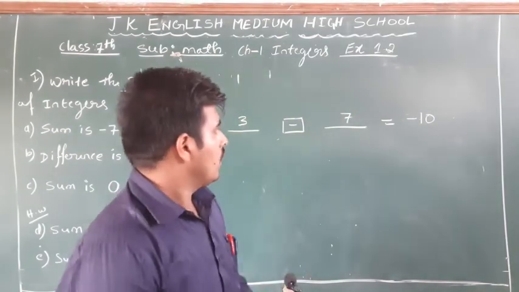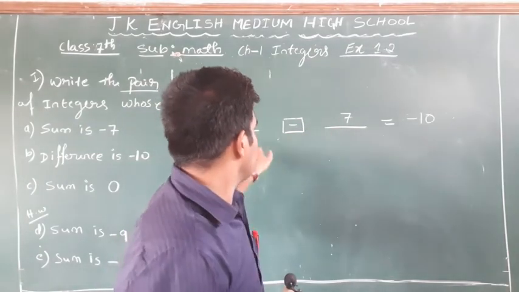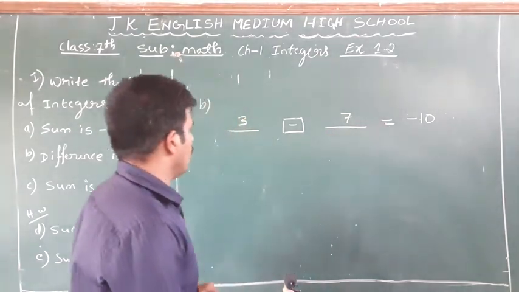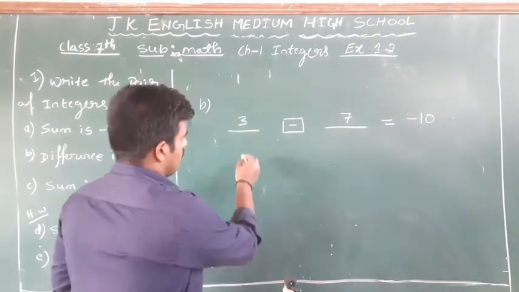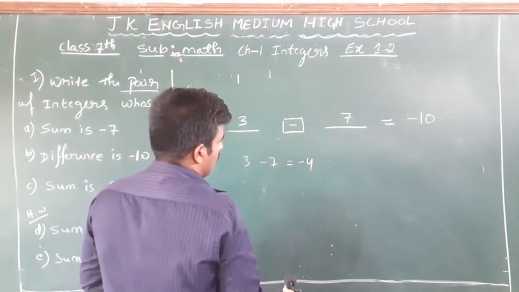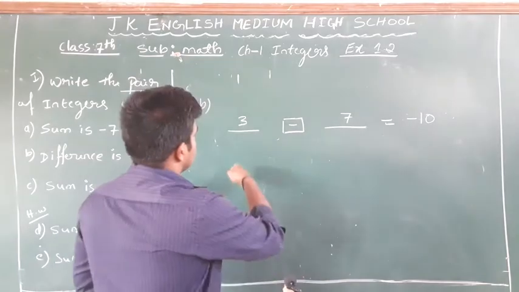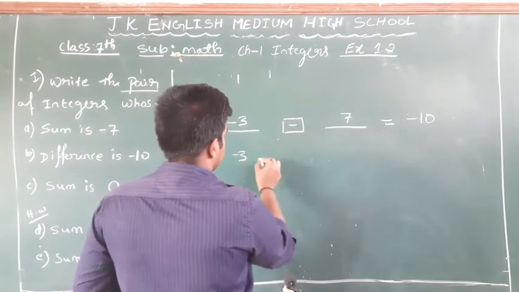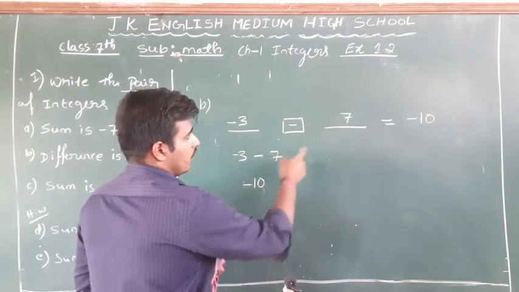Now, what happens here if you remove this bracket? Minus into plus, 3 minus 7 will give you minus 4 answer. But I want minus 10. Therefore, for the addition purpose, you can cross check, even if you solve this, 3 minus 7 will give you minus 4. So, this 3 must have a minus sign, no? Therefore, you can give a minus sign. Now you try. Minus 3 minus into plus, minus 7 will come outside. Both are having the same sign. 3 plus 7 will be 10, greater sign. So, I got minus 10.